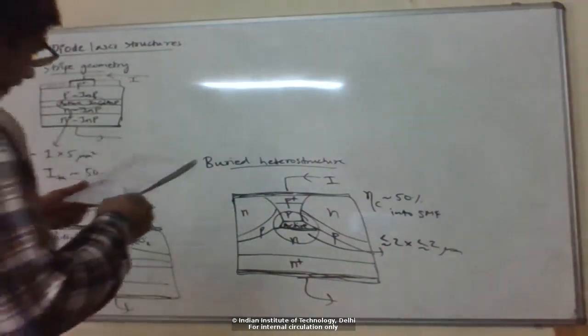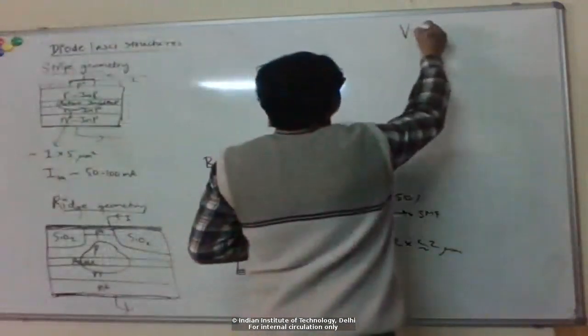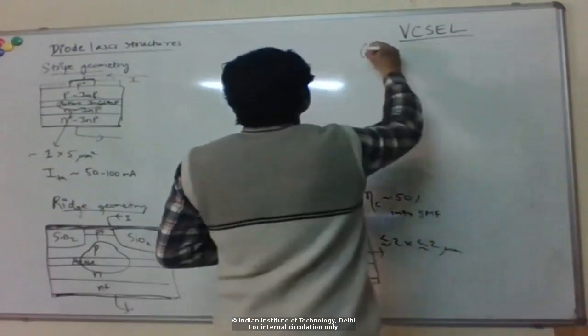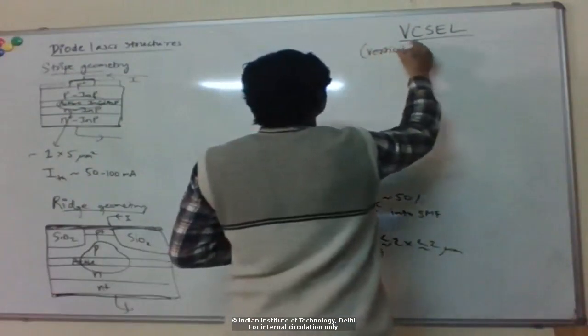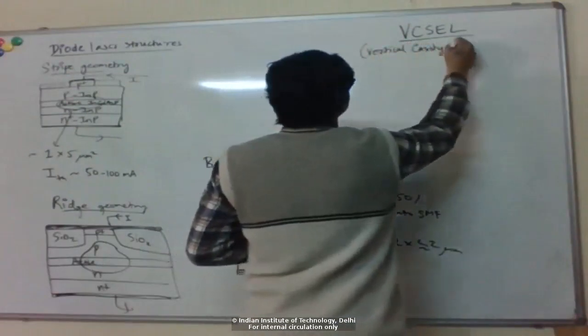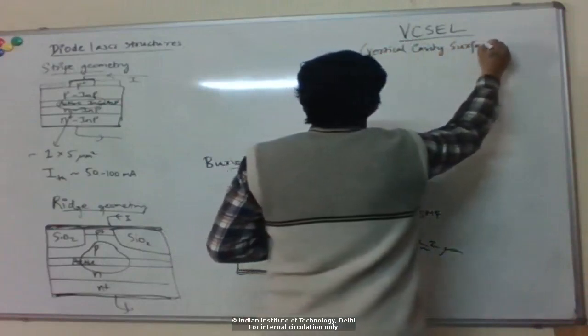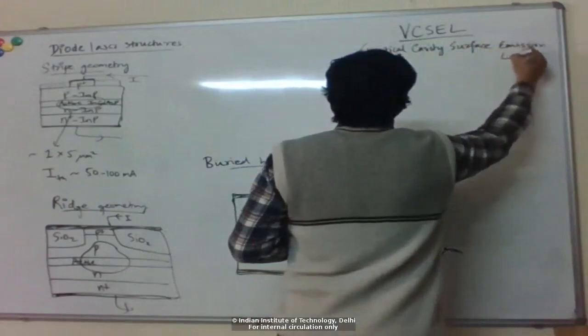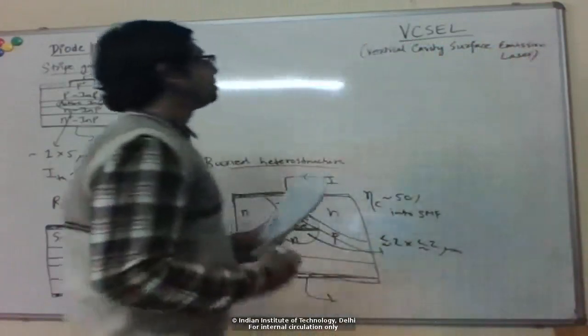Okay, and then finally there is also another type of structure which is known as a VCSEL. So this stands for vertical cavity surface emission laser. Okay, so as the name suggests,